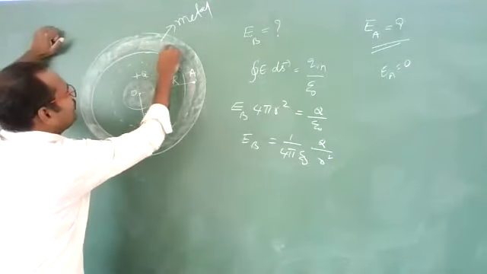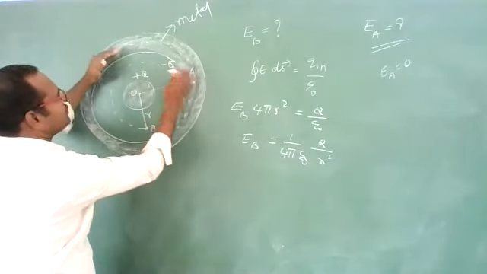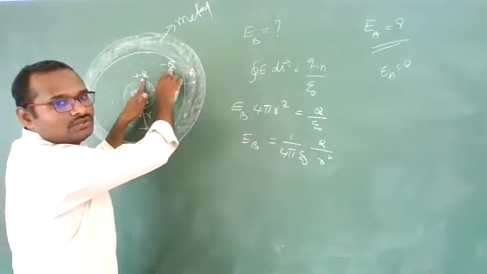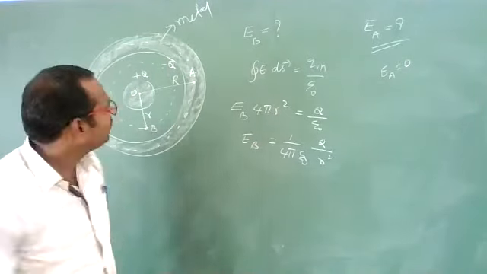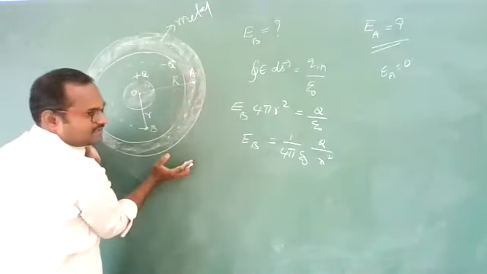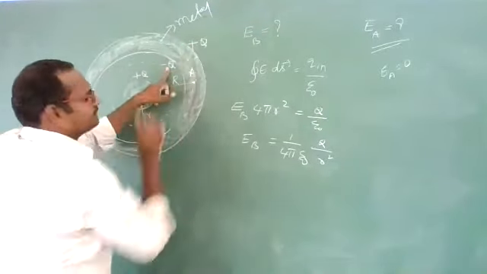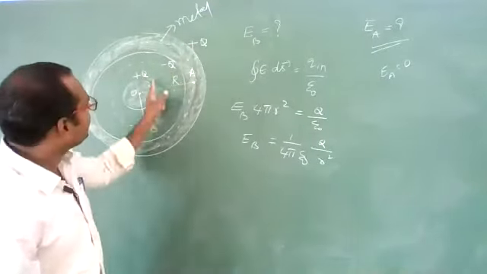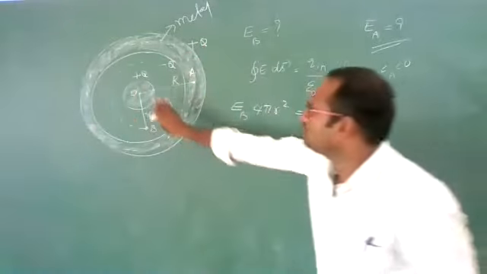Now you draw one Gaussian surface. This Gaussian surface encloses a total charge of plus Q minus Q, which is 0. Flux is 0, which means electric field must be 0. Now imagine this is a neutral metal, no charge, only outside charge is there. Now when minus Q is induced, then definitely plus Q will be induced here. We can say on the outer surface of this metal, a charge plus Q will appear due to the presence of this charge.